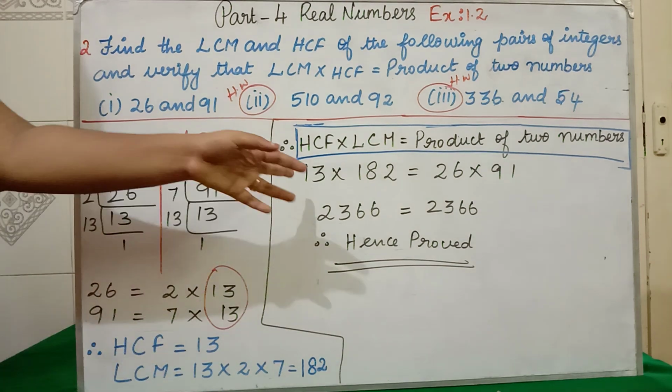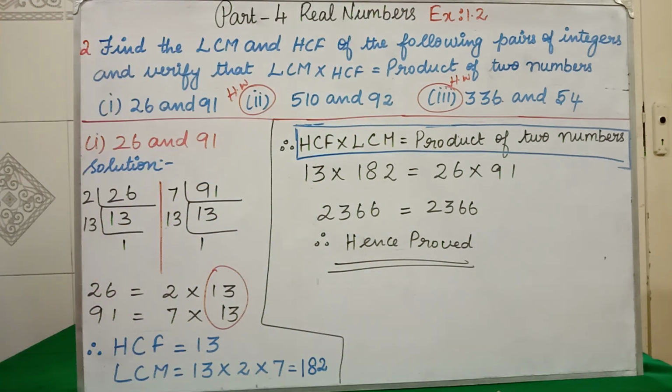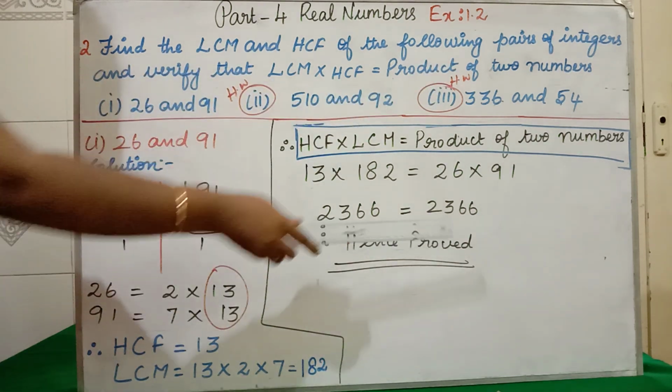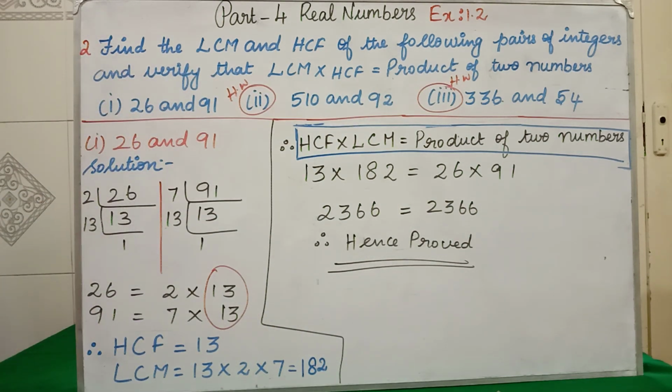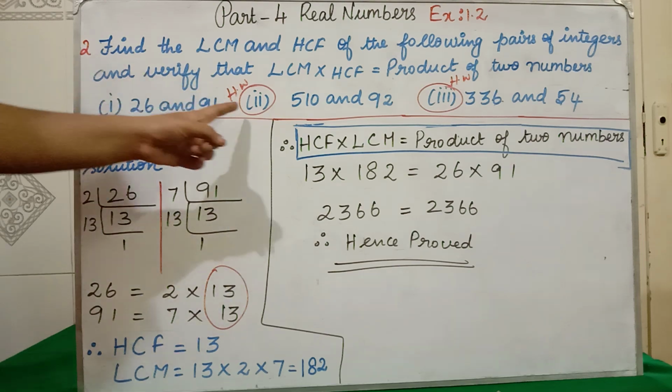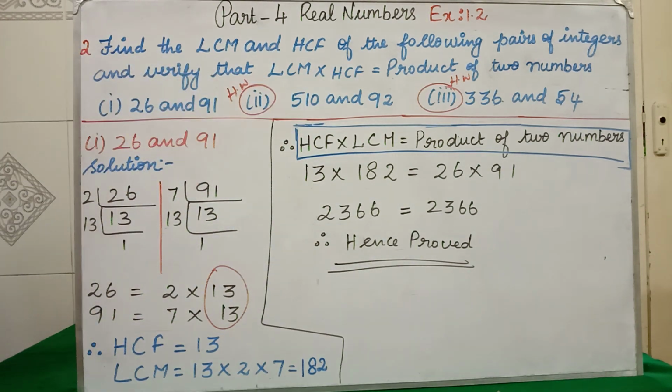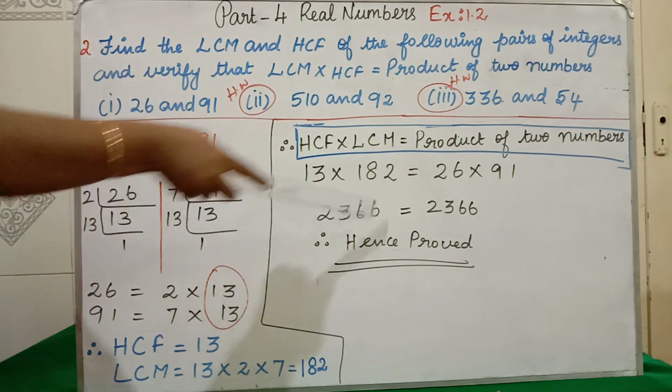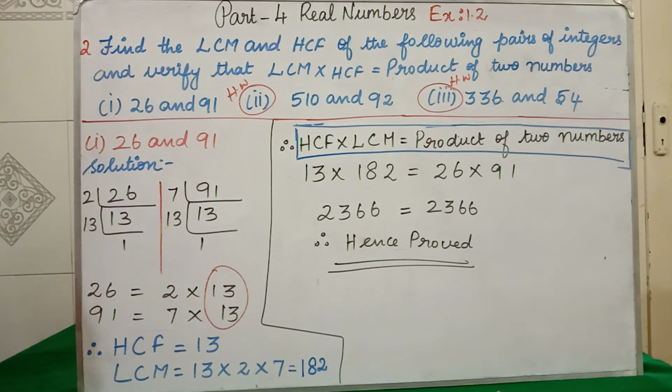Then afterwards you have to write this line and verify. Listen students, for this sum and this sum you have to get both sides equal. If you are getting them not equal, then your answer is wrong. Redo one more time. For both the second sum and third sum, the left hand side and right hand side should give the same answer only. Clear? Shall we move on to the third question?